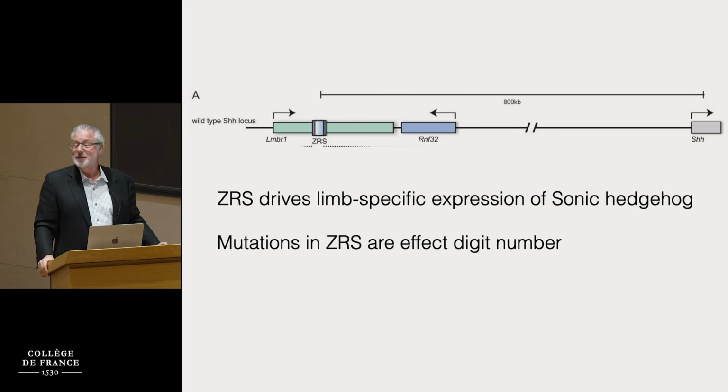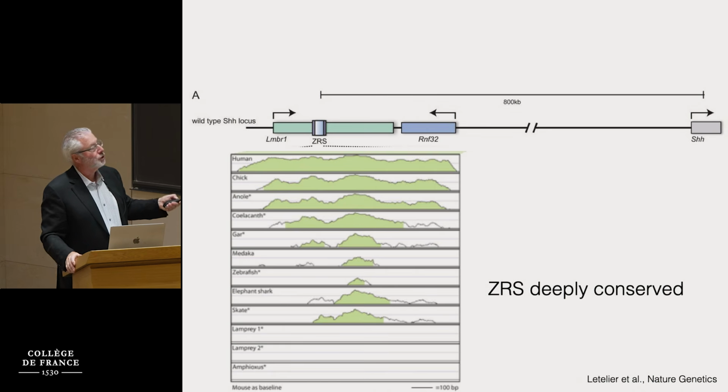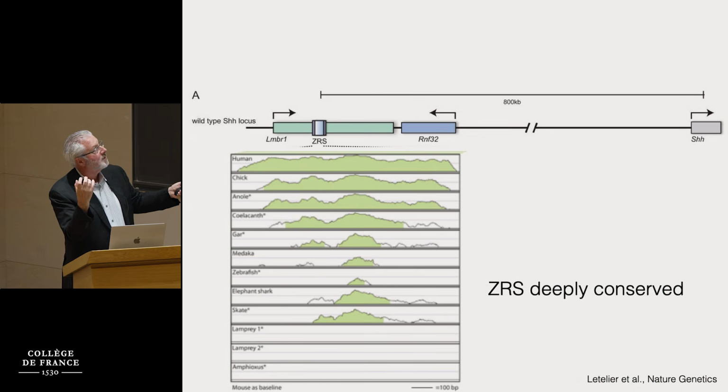Is it present in mice? Yes. This is a mouse, the baseline. This is a plot to show you the similarity of the sequence of the ZRS, say of a mouse to a human, a mouse to a chick, a mouse to a lizard, a mouse to a coelacanth. The broader and wider this is, the more similarity you have in the sequence of a mouse to a